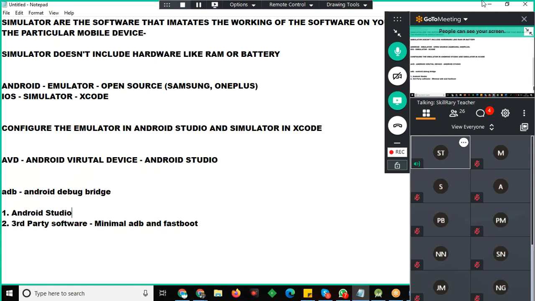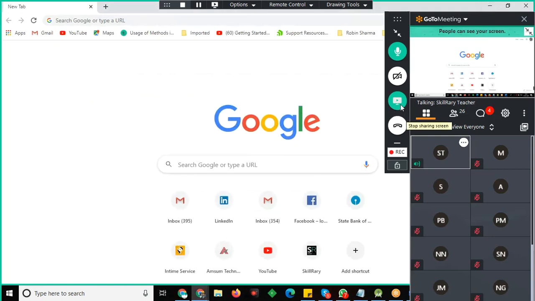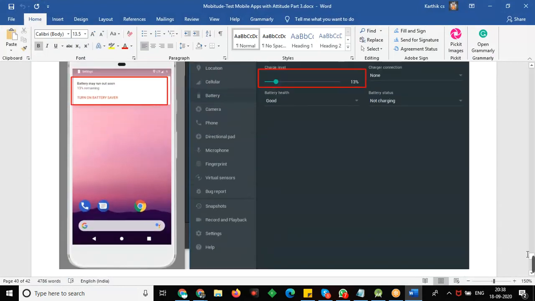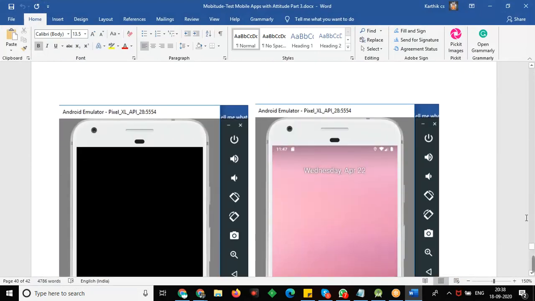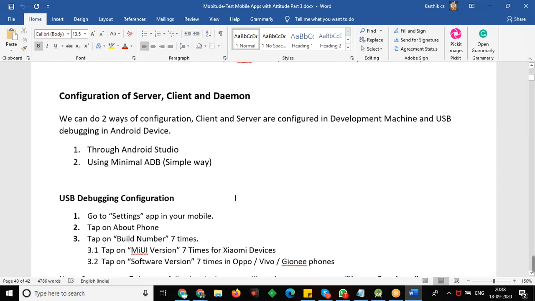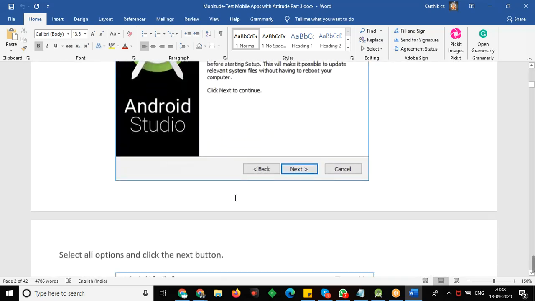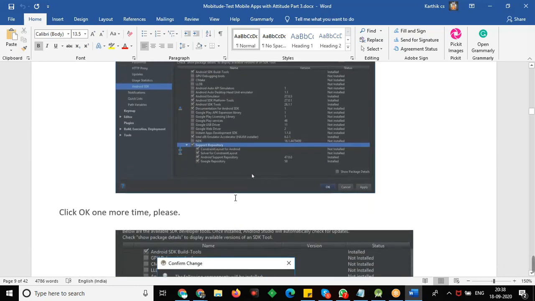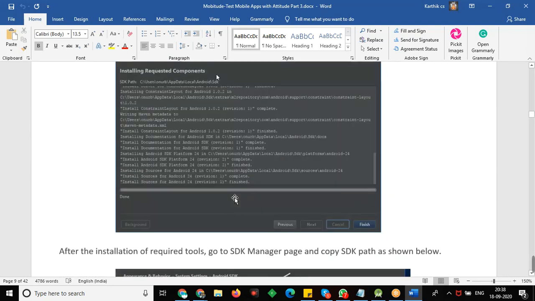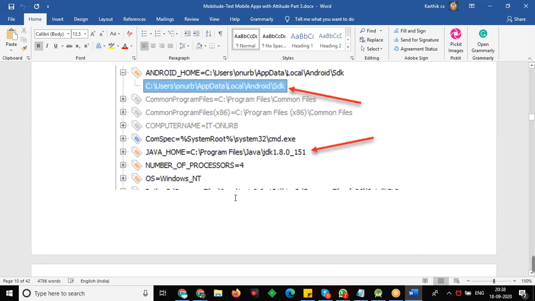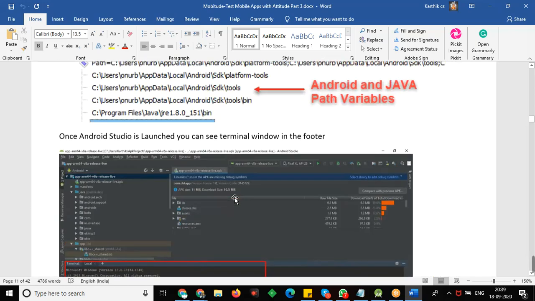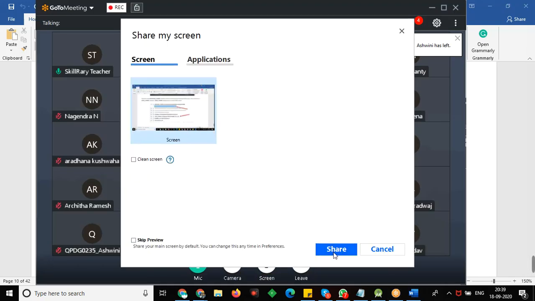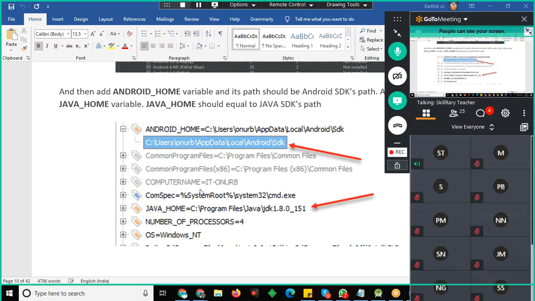So what all the environment you have to set, I'll just show you, one second. So these are the following environments you need to set.